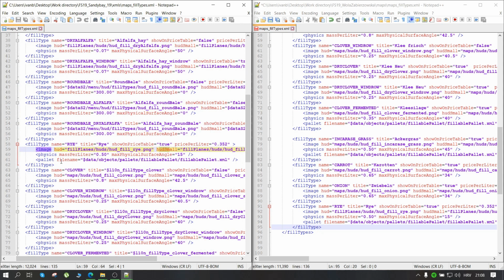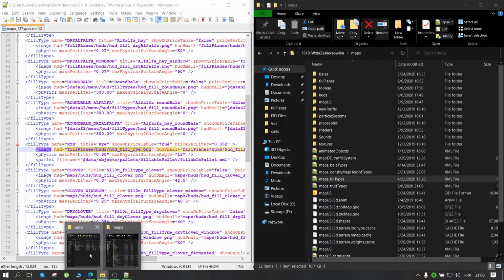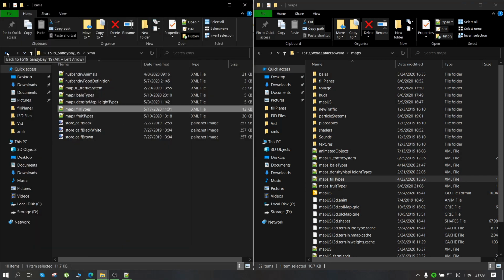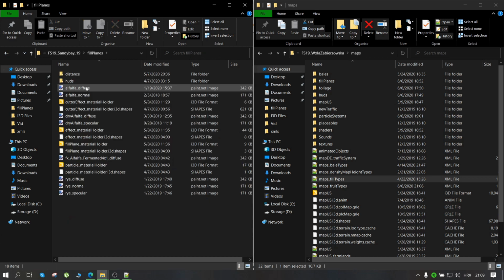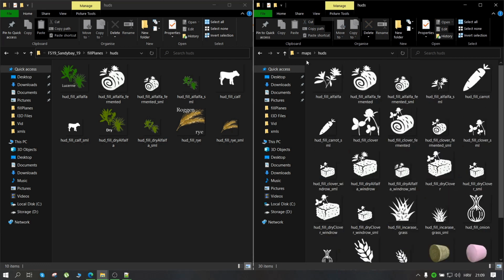And there is one more for Bale, I think, but this is the base game folder, which is fine. We don't need to change this, but we need to change these file paths in our case. Since if you remember, we didn't actually copy them in under the field planes HUDs. We didn't have the HUDs folder under the field planes folder. So if I open my map, just a moment, and the map from the Oxygen David, as it says, for him, the icons are under the field planes folder and HUDs, and that's fine. But for us, it's not under the field planes folder; it's under the maps folder and HUDs. In my case, so find the